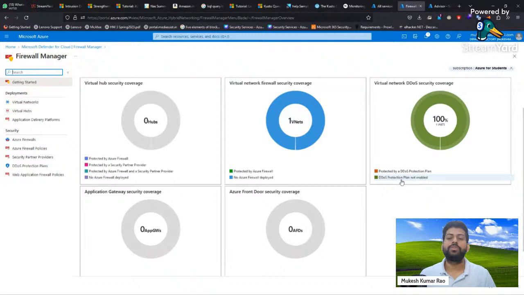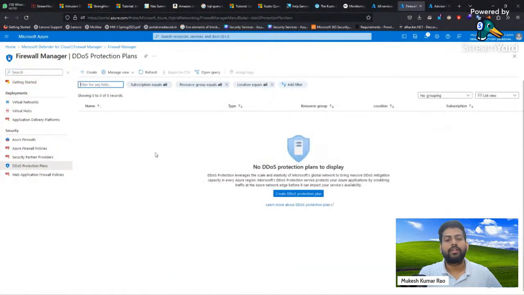I have given the resource today in the group, so you can go through and read it, and then enable DDoS protection to integrate with our project scenario. Here you can click on the DDoS protection plan, and there you need to create a protection plan. It's a kind of simulation attack you can also run. I have also provided the simulation scenario for how we can create it. If any questions come up, feel free to reach out. We will help with that.